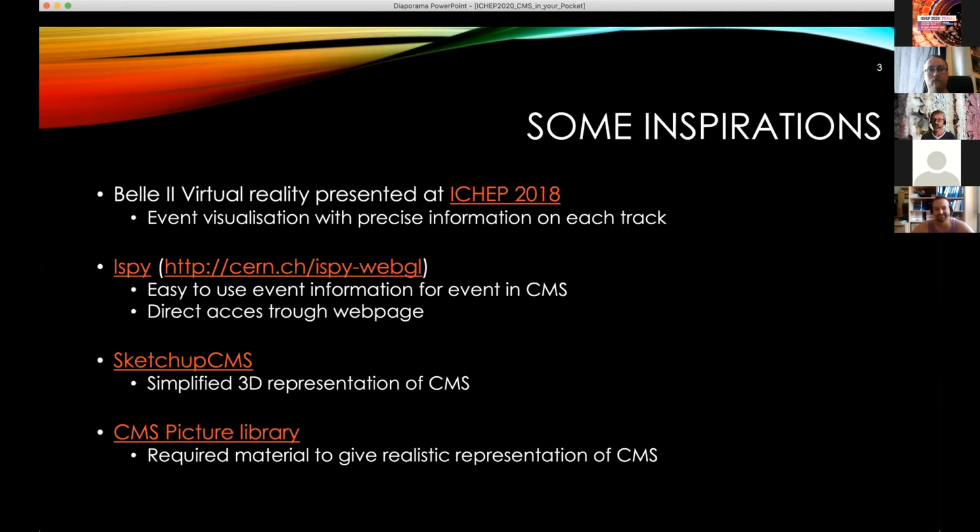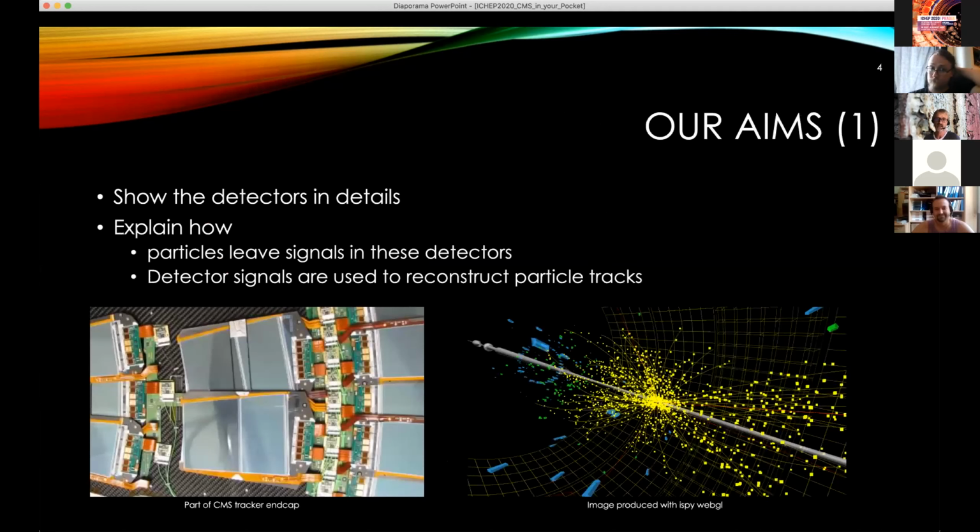CMS itself was represented in 3D in SketchUp. So you have a simplified 3D representation, which is also very nice and very useful for us. And of course, you have a huge picture library for CMS, and this is really required if we would like to make something very realistic. So these are our inspirations, and our aim is to show the detectors in detail